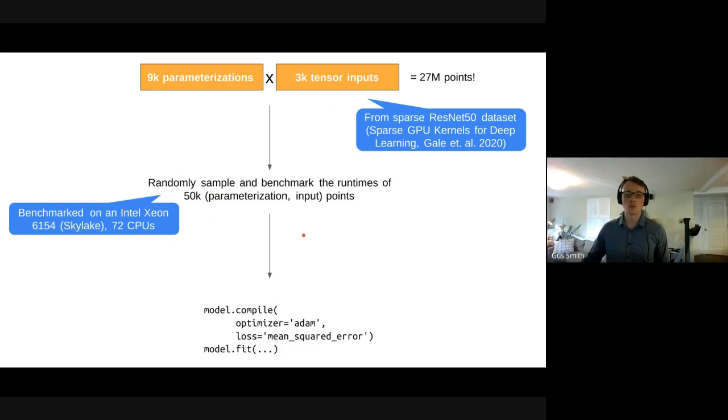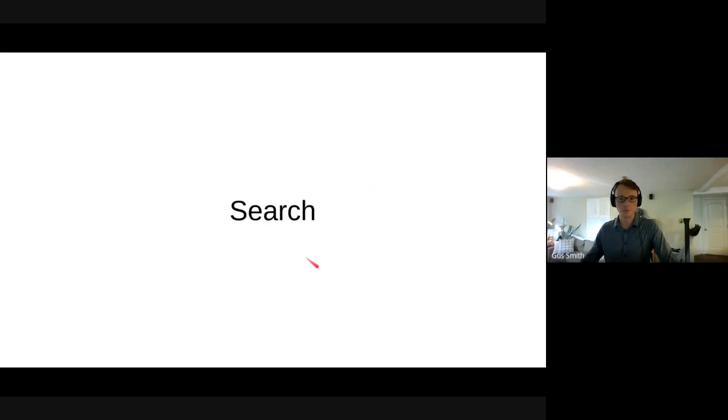And then we just run it through training. Right now, we're using mean squared error for the loss, but this is something we'd like to experiment with in the future. So just a pretty standard training flow here. So that's the process of training the cost model. I'll ask if there's any questions at this point, but otherwise we're going to move on to search. Any questions up till now?